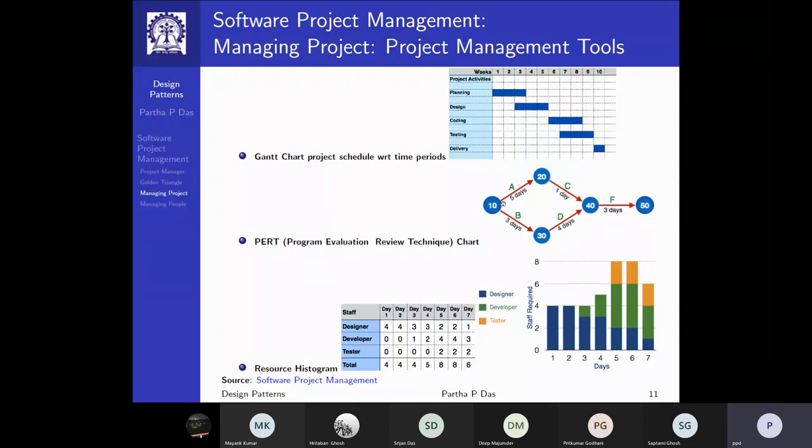If you go along this path, it is 5 plus 6 plus 3, 9 days. If you go along this, 3 plus 4 plus 3, which is 10 days, right? So this is the critical path, because you have to finish this path at the beginning to be able to proceed. So you cannot give an assurance of delivering this project in less than 10 days, because that's the minimum you are going to take. Then the project manager will use some resource histograms and so on. So there are several other tools. I just outlined a few to give you an idea.